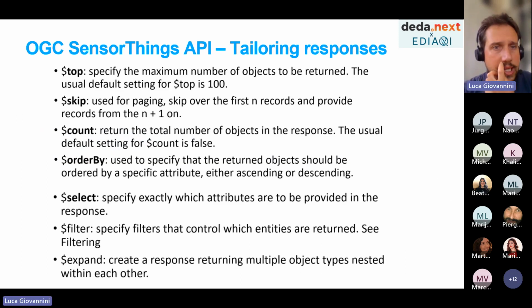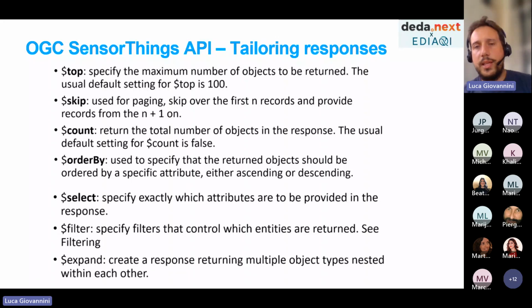Okay, don't be scared. This is a copy paste, but the point of this slide is that the standard doesn't just describe the SensorThings API, it describes basically two things. How the data should be organized, which in a real-world implementation becomes tables in a database.